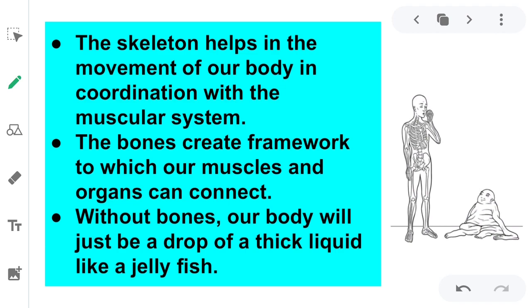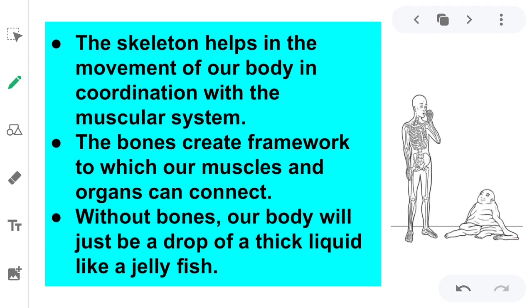The bones create a framework to which our muscles and organs can connect. So the bones create the framework, and to this framework the muscles and organs are connected and they work